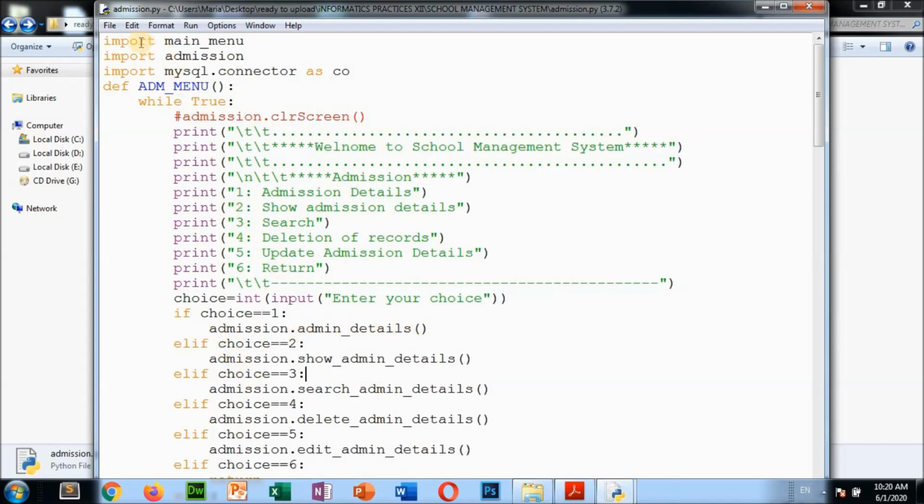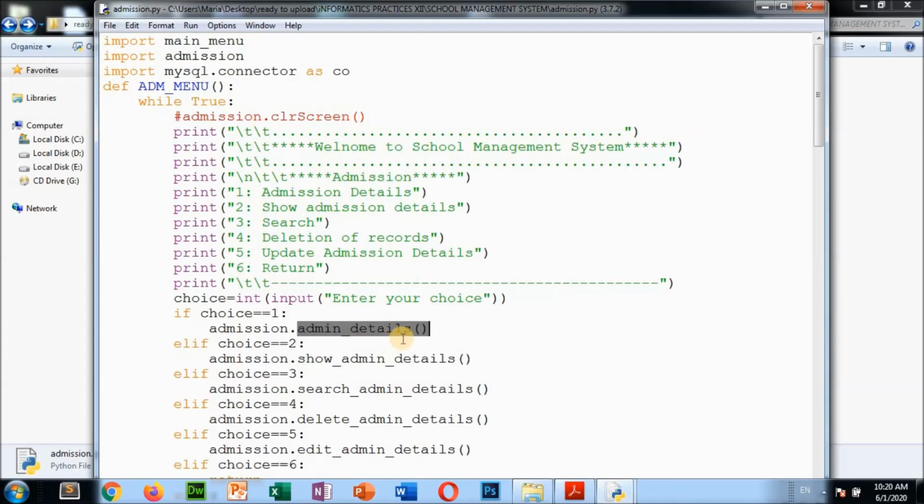That is why I am importing this admission module again here also. Import admission. It is clear? Okay. So now see, if you are calling admission.adm_details, what do you understand? That means in the admission module, this adm_details function is also there. Right? So go to this function now.